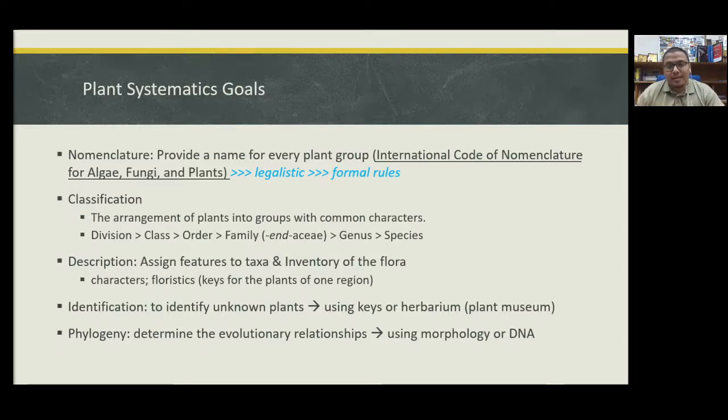Morphological characteristics, morphology, is the form of the plant. It's usually the most typical way of constructing phylogenies, the most typical way in the past. In the last, I think I can say, around 30 years, DNA evidence has really come to the fore, and that is the predominant way right now. I encourage all of you to explore molecular and genetics fields because this is the way of current or modern